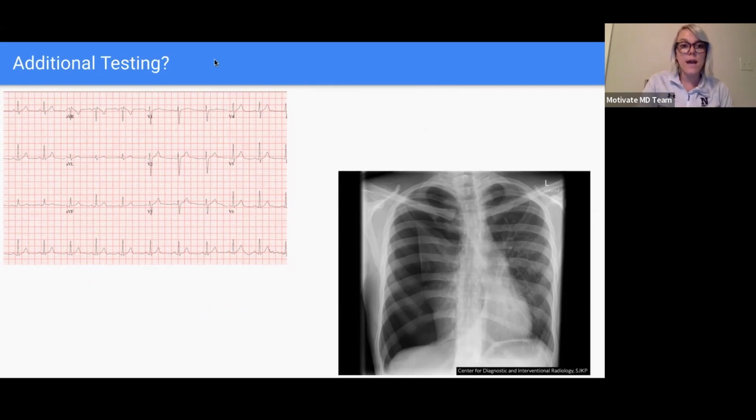Okay, and the way that I read chest X-rays is I use A, B, C, D, E as my mnemonic. I'm going to move this up so that we can talk about it. So A is airway. I look at the airway, see if the trachea is midline, which it looks like it's a little bit pushed to one side. B is bones. I look at the bones, make sure they're not rotated, look at the ribs, make sure it's a good respiratory effort.